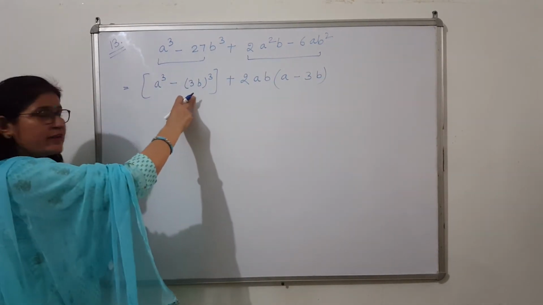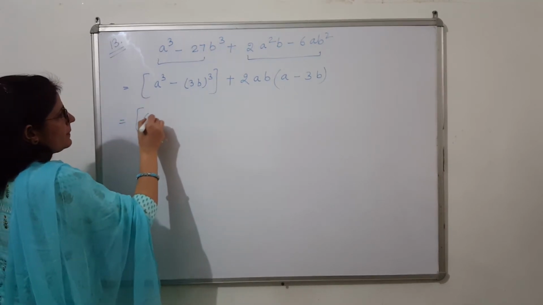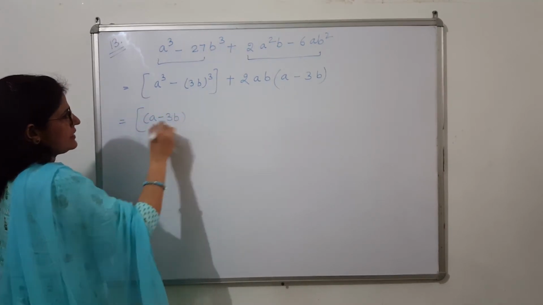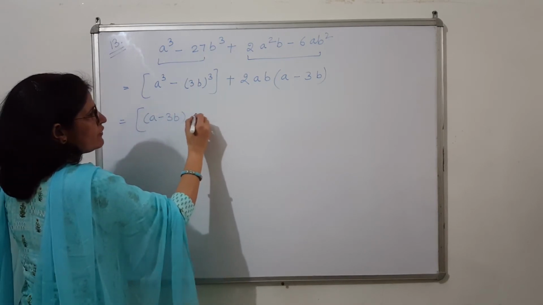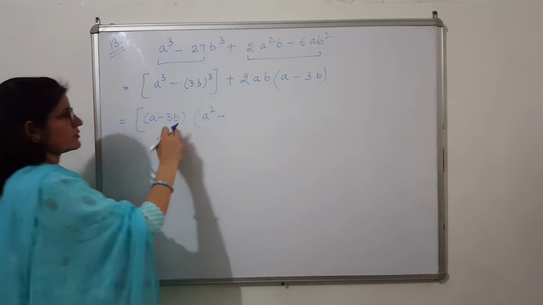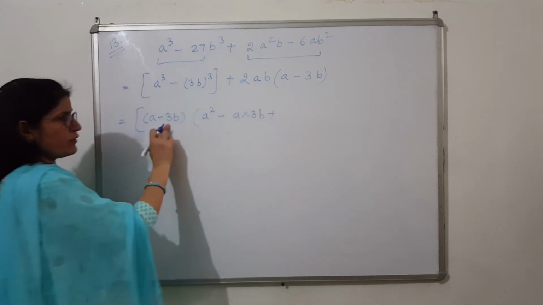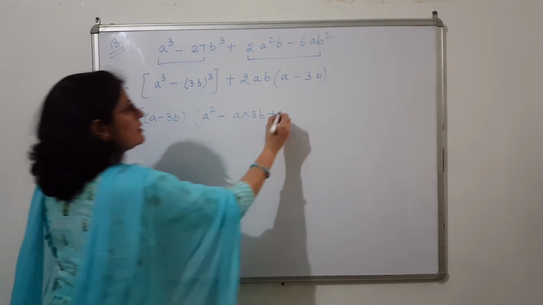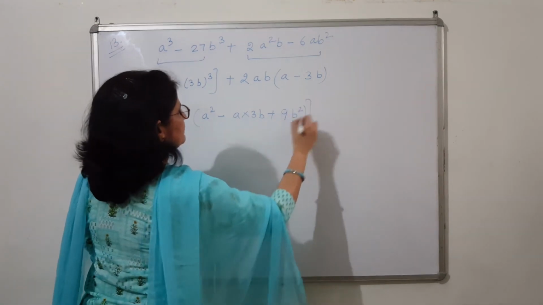This cube we will factorize by a cube minus b cube. a minus b means a minus 3b. Then the square of the first term, a square, minus their product, a into 3b, plus the square of the second term: the square of 3 is 9, the square of b is b square, plus